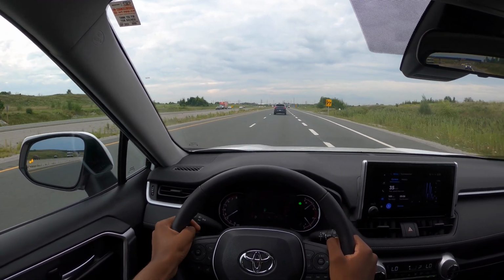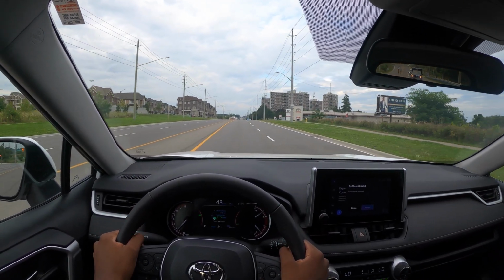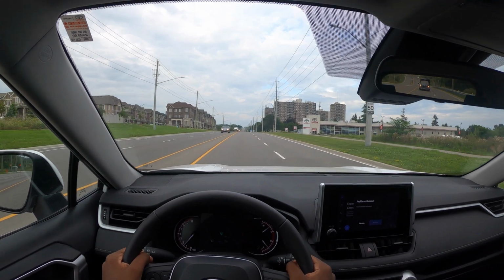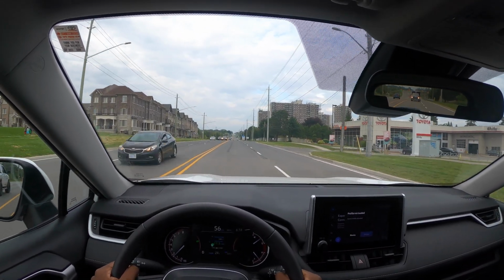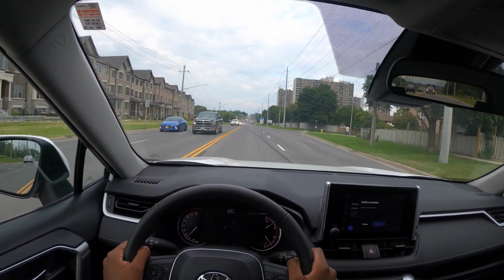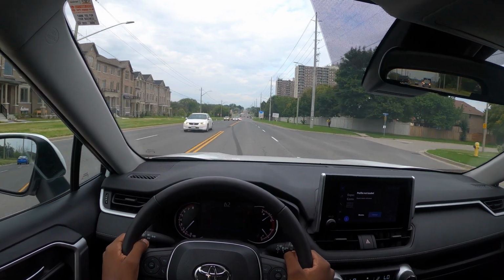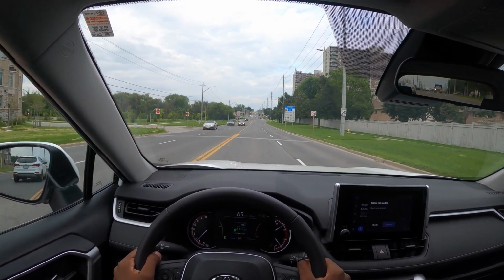But anyways, we'll probably save you quite a lot of gas as well too, just because since it is an SUV, you're gonna need as much, I want to say, range as possible, because it is a big car. It is luxurious, it looks really nice. I want to say this one is one of the more noticeable ones